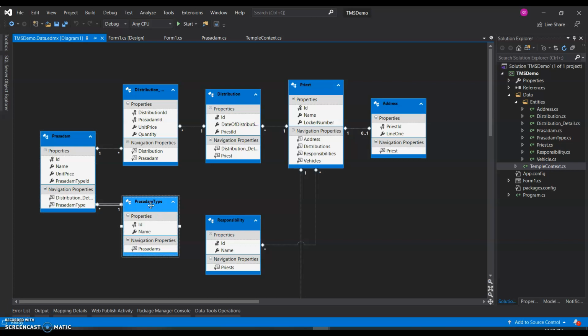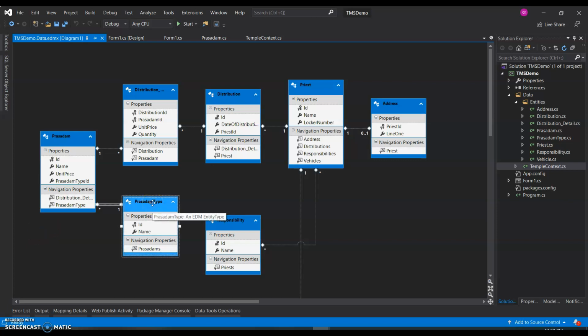By default, Entity Framework does a delete cascade. So if I say I delete the sweet prasadam type, the two sweet items which we had in prasadam will also be deleted. So this is called delete cascade, and this is the default way in Entity Framework. What if I did not want this? Just to ensure that some developer in the team does not end up deleting all the records of the child, we can go ahead and configure to override this default behavior.